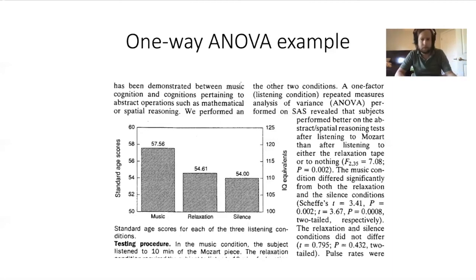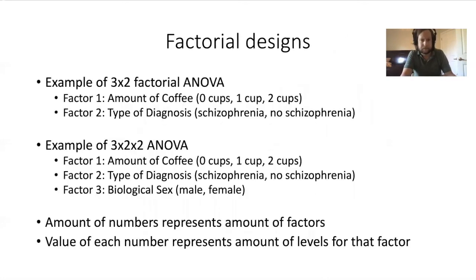So this is an example of a one-way ANOVA from an actual study, a highly cited study in a very good journal, Nature. So that was a one-way design because there was only one factor. And to be honest, it's actually pretty hard to find published studies where there is only one factor, especially in journals like Nature. Usually the studies in Nature and journals like it have many, many factors, and the statistical analyses are so complicated that they're